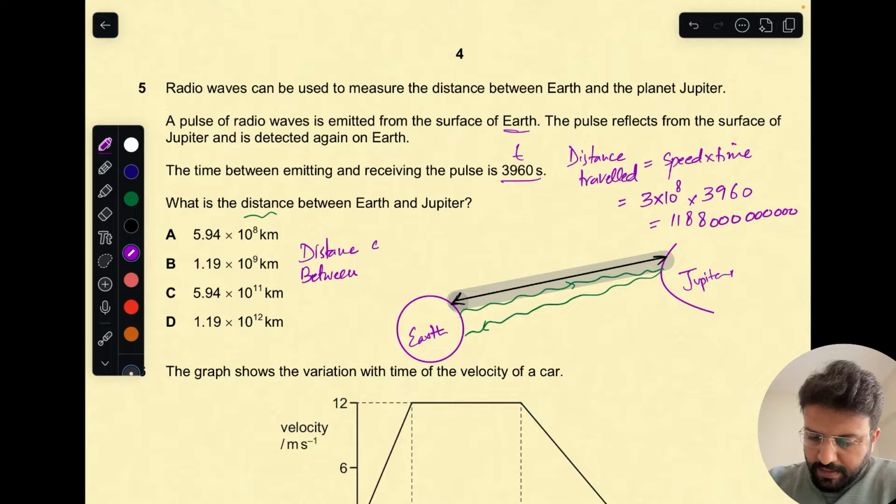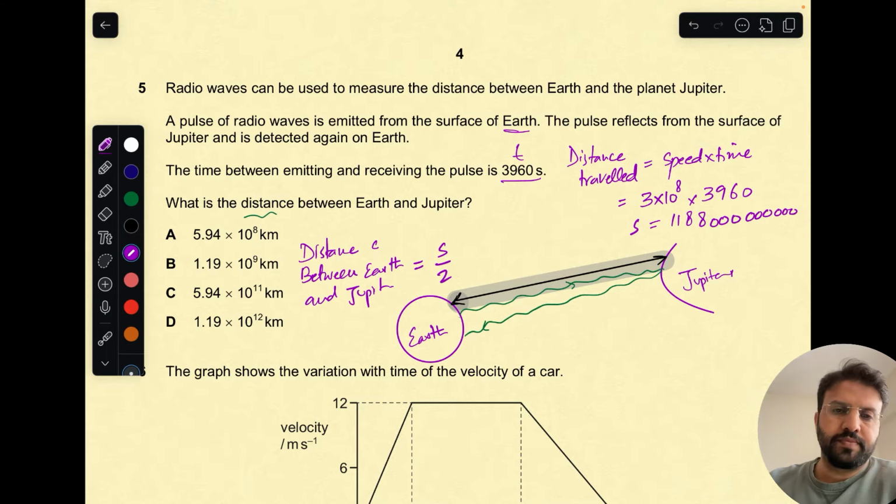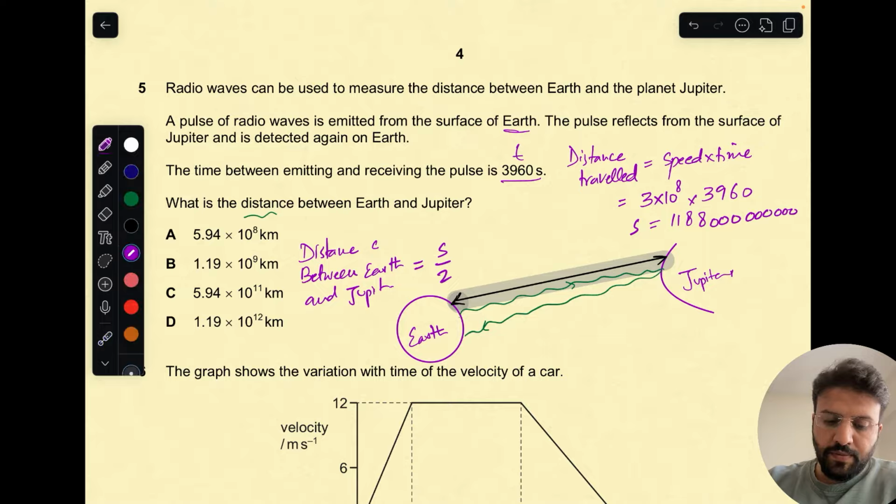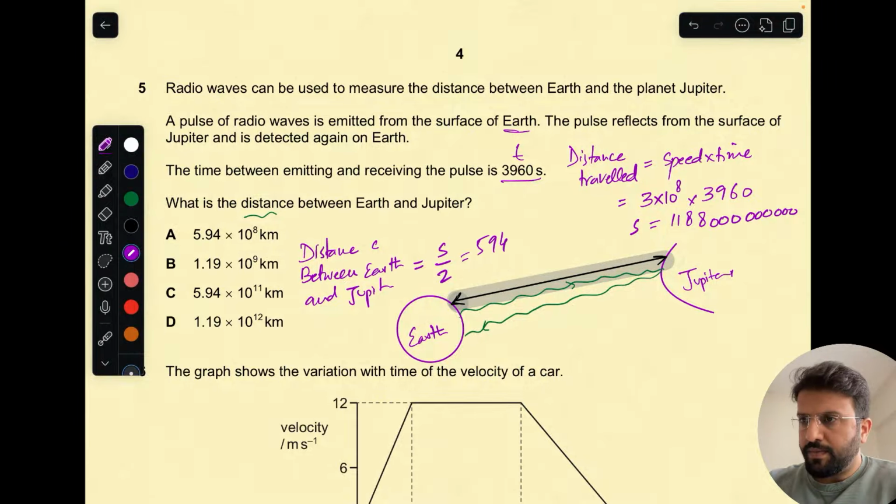the Earth and Jupiter. So separation, or the distance between Earth and Jupiter, let's call this s, it will be s by 2. It will be half of it because wave is going towards the Jupiter and then it's coming back, so that is the distance traveled by the wave. So if you have to find the separation between the Earth and the Jupiter, you have to divide this thing with 2, so that will give you, when you divide it, 594